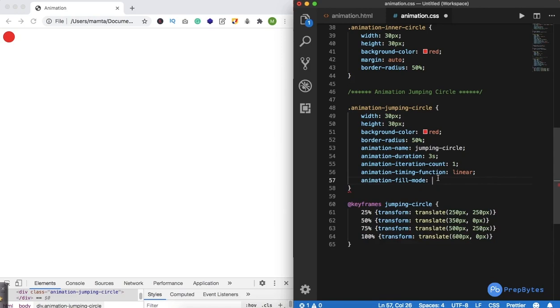By default, after the animation ends, the object will go back to the position from where it started. We have other options, so let's say I do backwards. In case of backwards, again it will be the same effect. We will go back from where we started. Now let's say I want to stay at the position where the animation ended. So if you see what happened, we are staying at the position where the animation ended, and then we have something called both. So both again will be behaving like forwards.